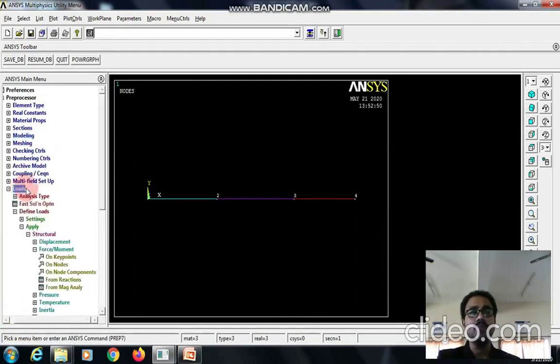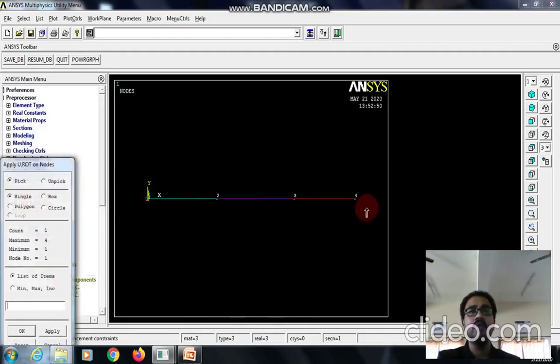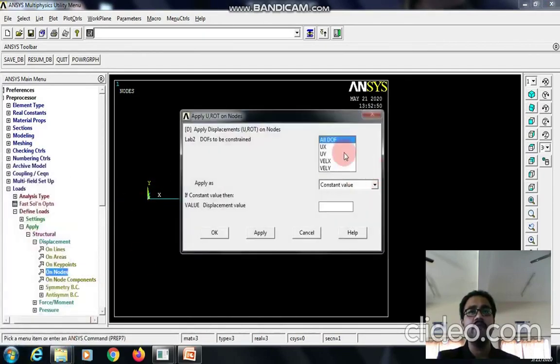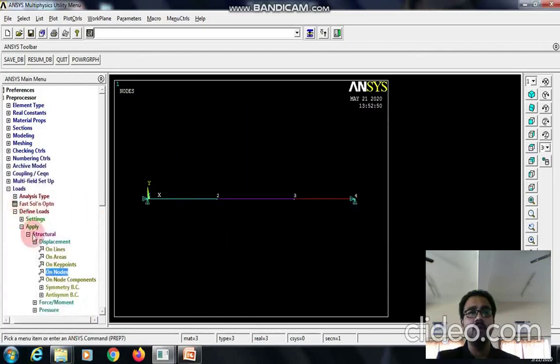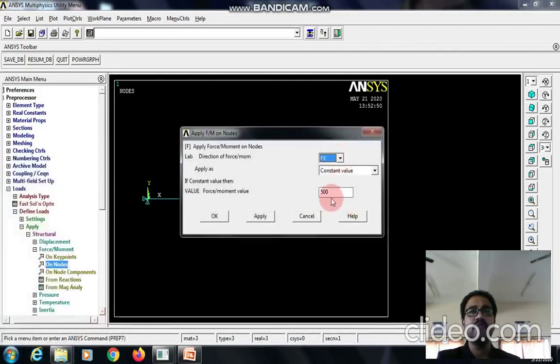Now, for boundary conditions, load, apply structural displacements on nodes. Node 1 and node 4 are fixed in all DOF. Select all DOF and give OK. Now go to force moment on nodes. Pick node 2, apply in the Fx direction.